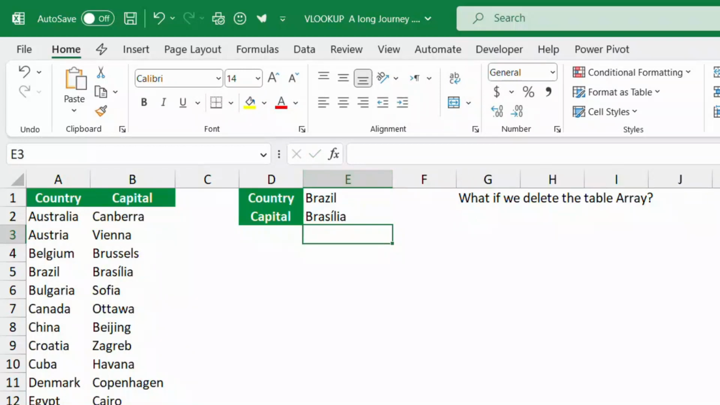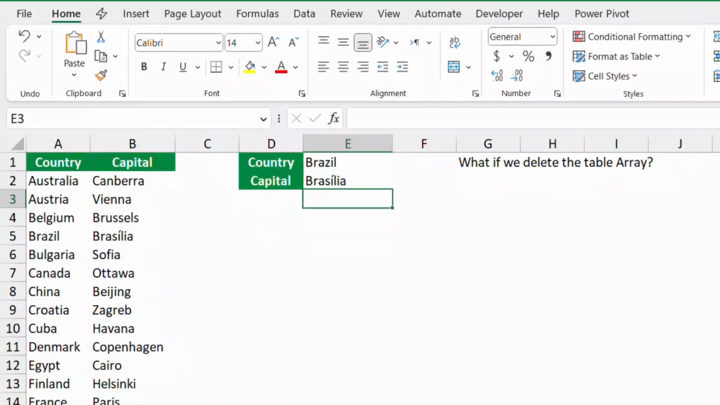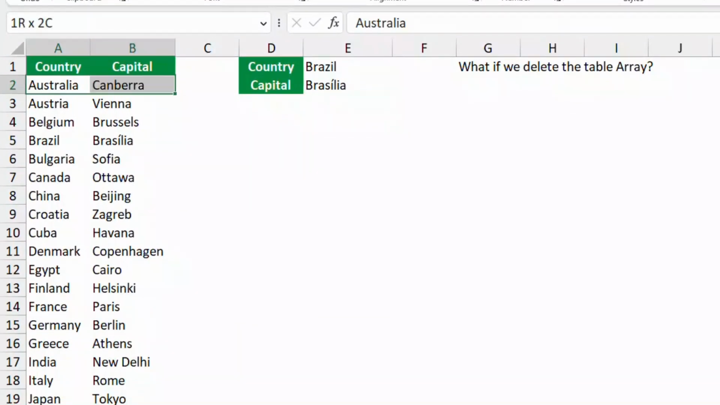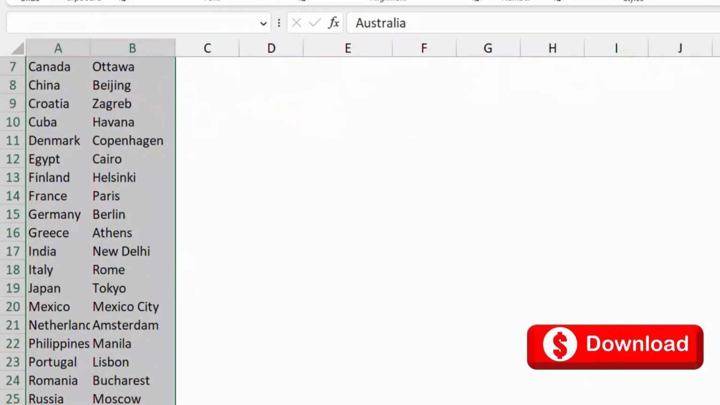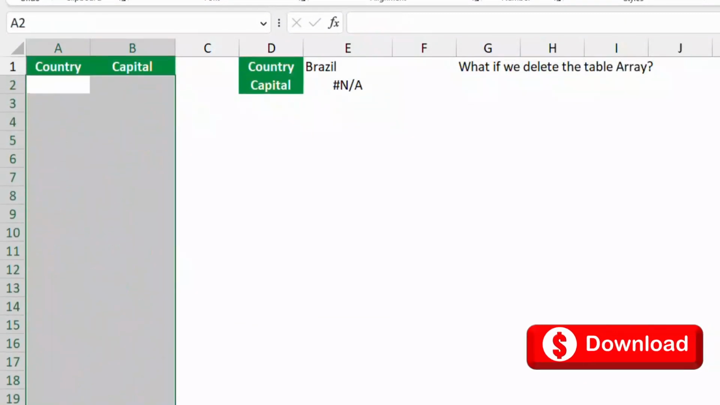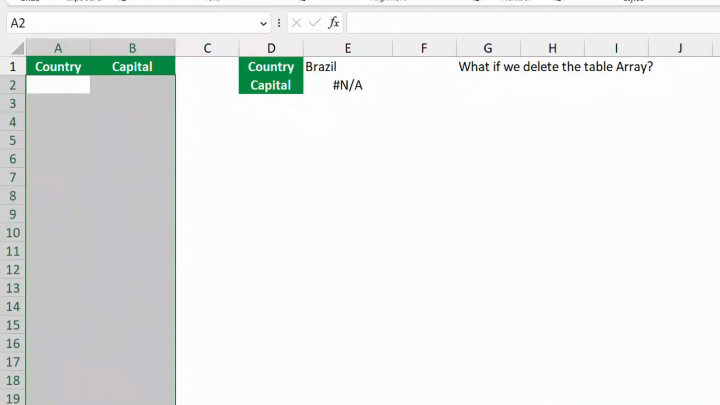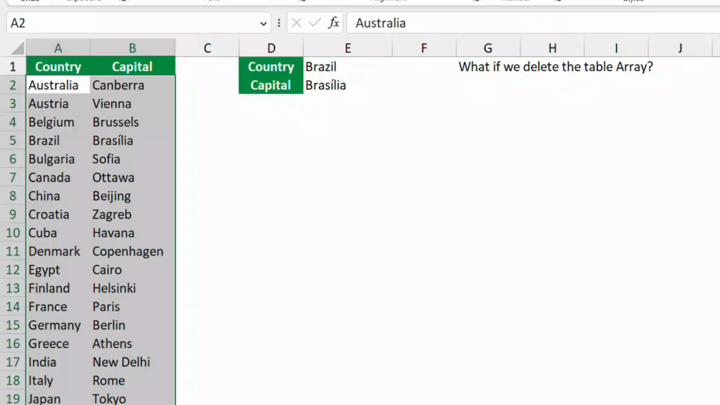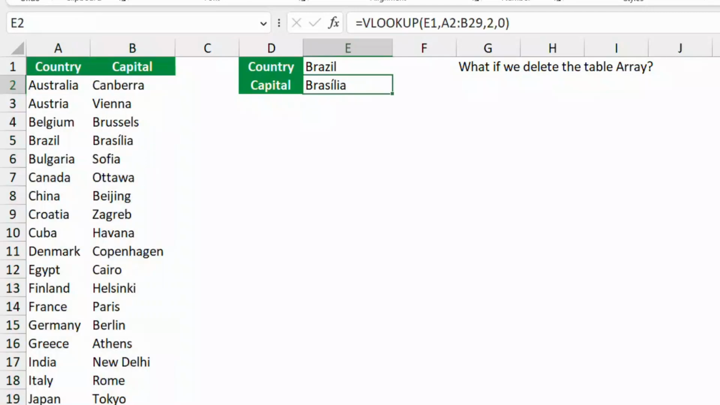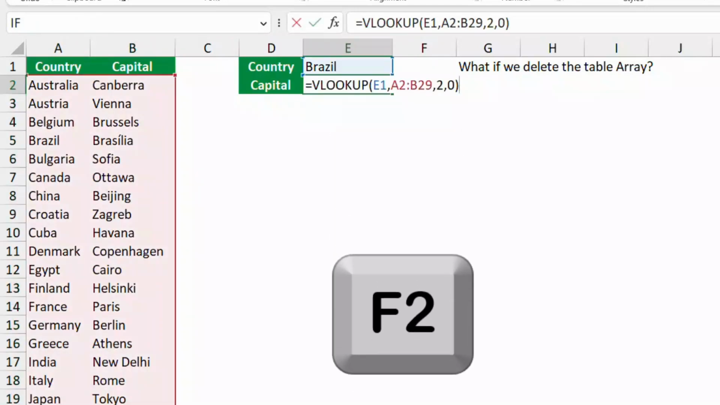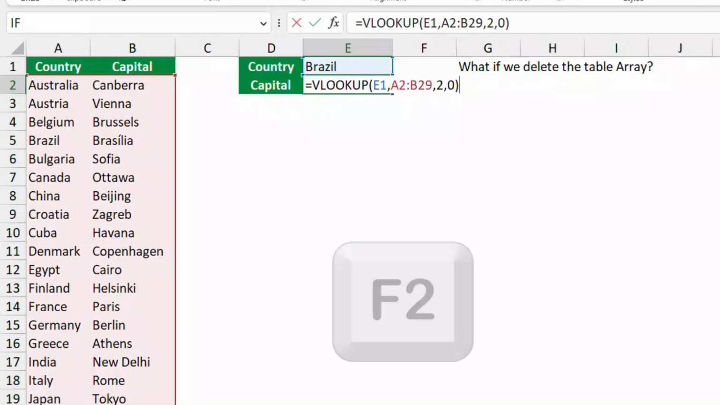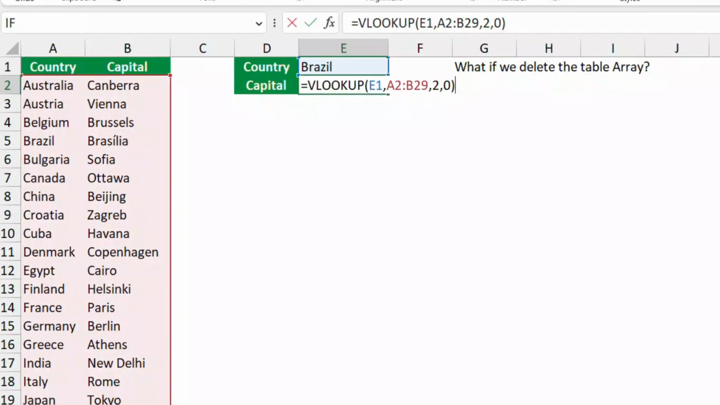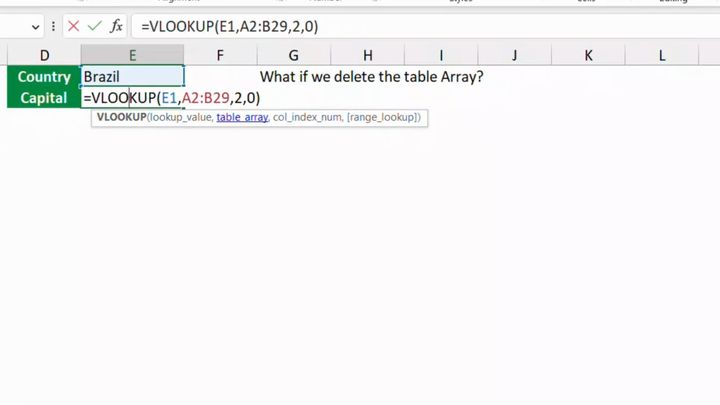country. Now the question is, what if I delete the list? So if I select these two cells and then Shift Control down arrow and then I hit delete, then automatically the VLOOKUP function fails. Then I'm going to undo, Control Z. I put my function in the edit mode by hitting F2, and what if I select the table array? As I showed you, I click in the function and then click in the screen tip, select the table array,